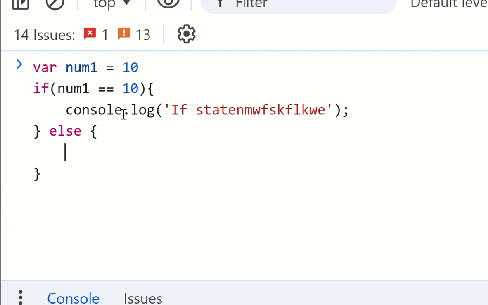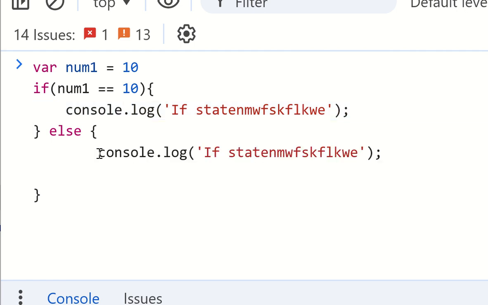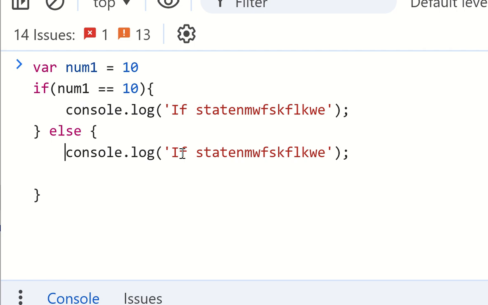First, console, and this is the console here, and this is an else statement. So here, if number1 is equal to 10, then the controller goes inside the if, otherwise else. So what will you output here? Number1 is equal to 10.